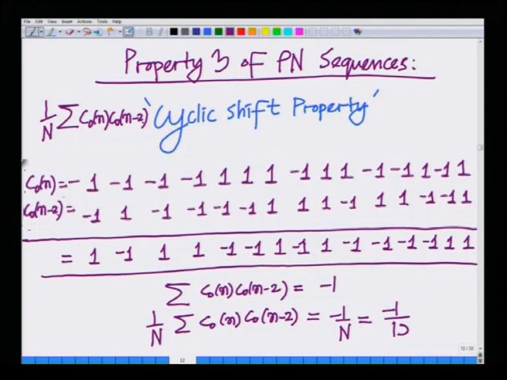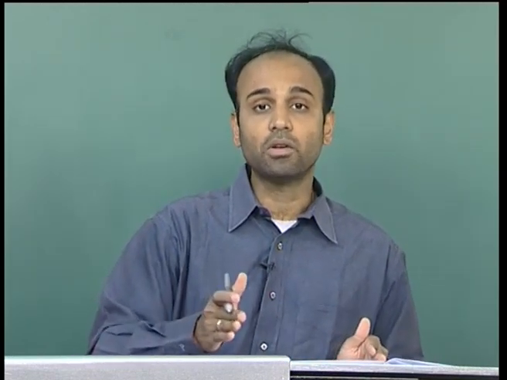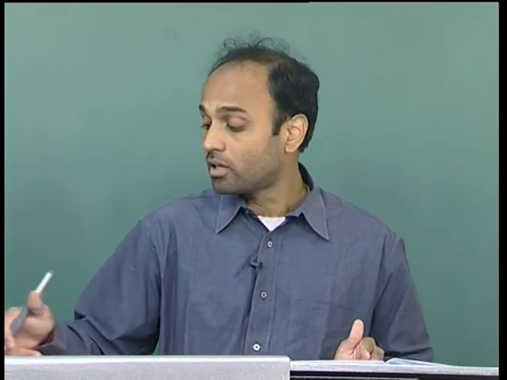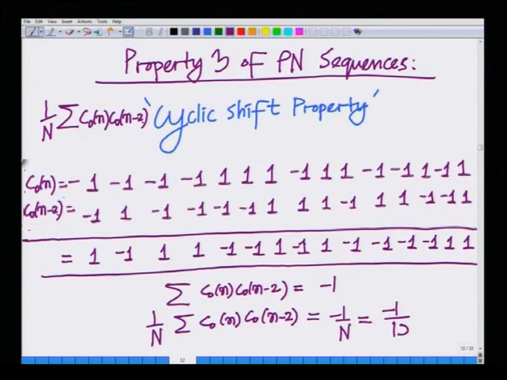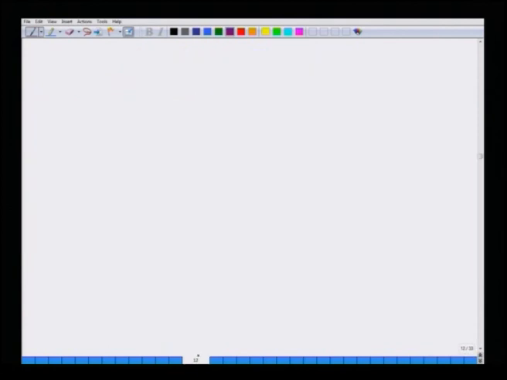So, that correlation is minus 1 over 15, and you will find this is not unique to a shift by 2. If I take any shift other than the trivial shift, which is 0, 0 is no shift. So, if I take any finite shift, that is 1, 2, or even if I shift to the left, if I take minus 1, minus 2 and I compute the correlation, it will exactly be minus 1 over 15. So, the shift property states that the correlation for any shift